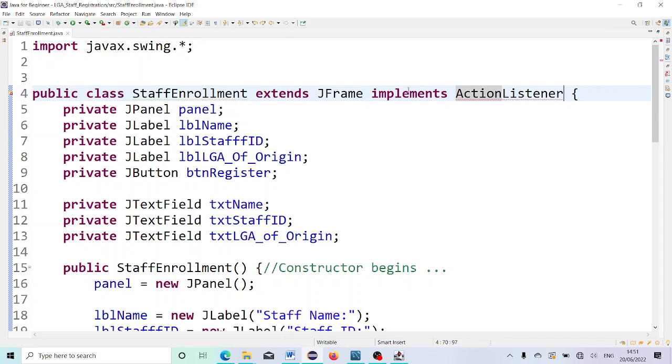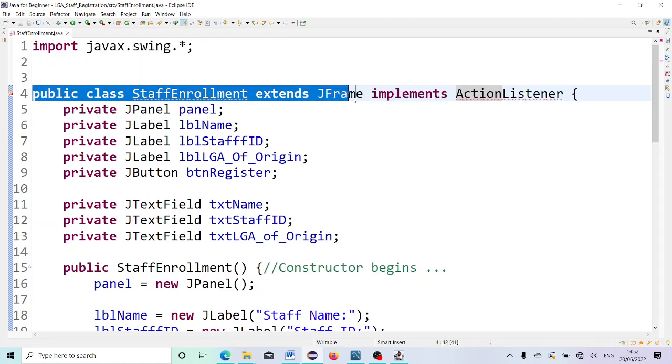So this is the declaration of the class. From here to this point was what we did. It enables you to do GUI. If it is only console, you don't need it; you stop here, right? Public class, then the class name, which is StaffEnrollment, you stop here and terminate with your delimiter, which is a curly bracket. But when you say extends JFrame, you are inheriting the properties of the JFrame, and that JFrame is a built-in file